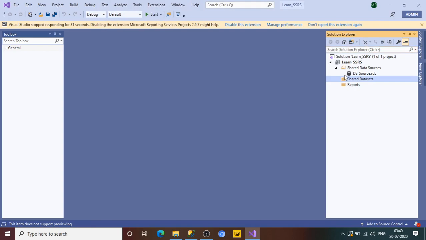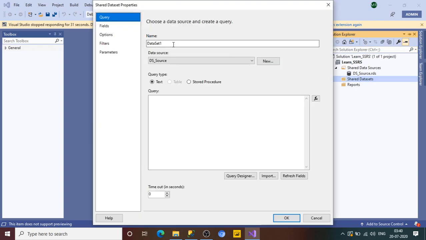First, click on New Dataset, and I will give it a name, let's say employee list.